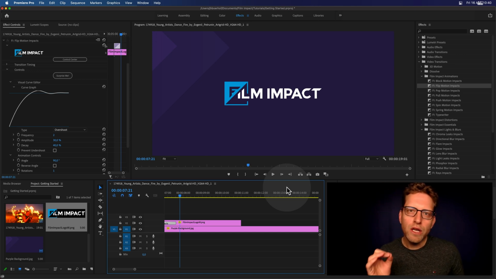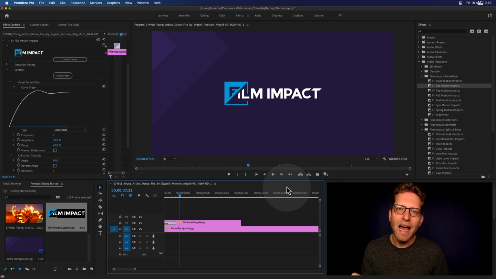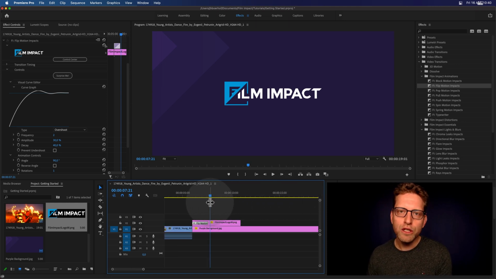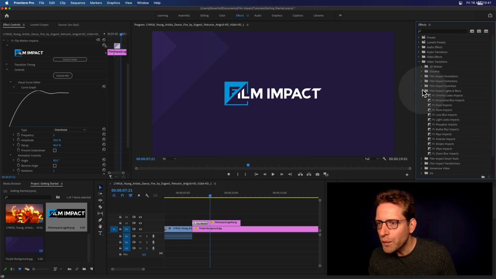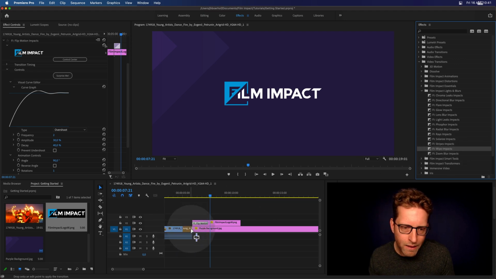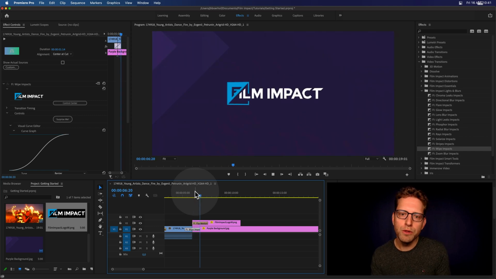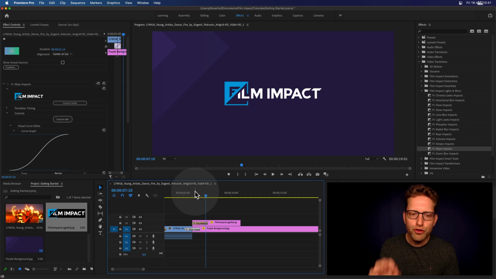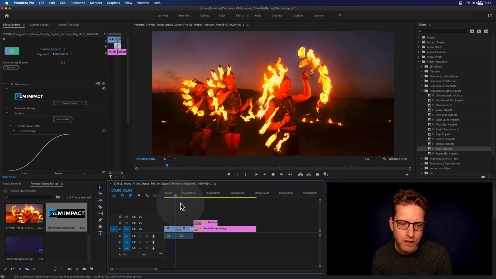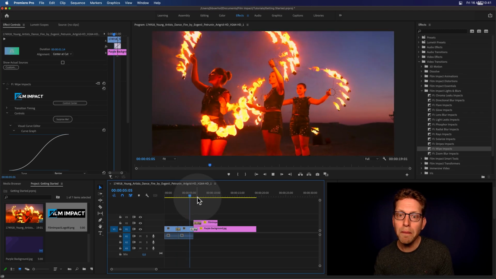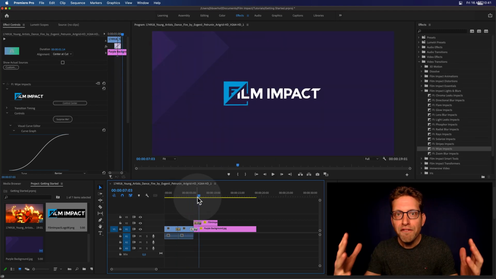And these tools are designed to help you save precious editing time. These will get you the stunning results you'd otherwise expect from diving into After Effects. But what if you can do all that right within your favorite editing app? Now, I'm going to apply the wipe impacts just between two clips here. I'm going to give it a little bit more room to breathe and see how I just created end titles. And that was just drag, drop. These are three effects that I've applied: just the glow, the wipe, and the flip motion impacts.